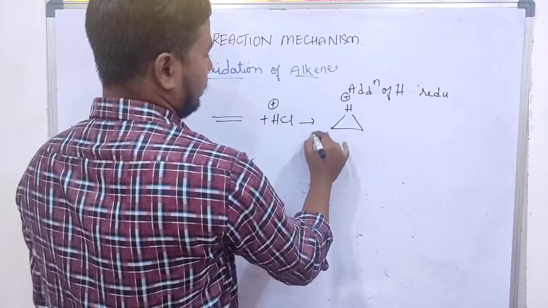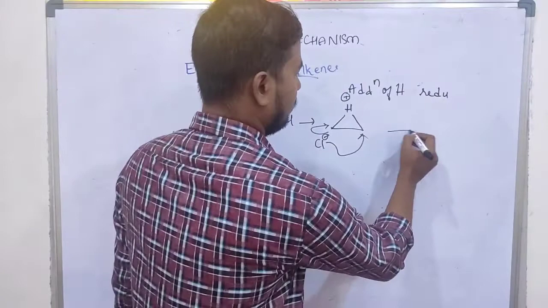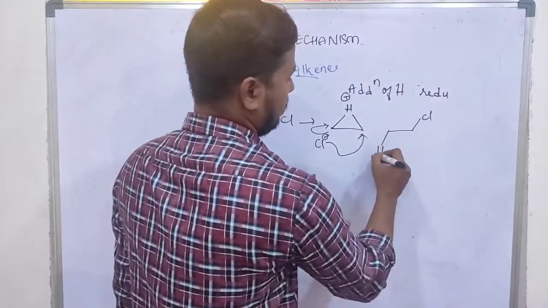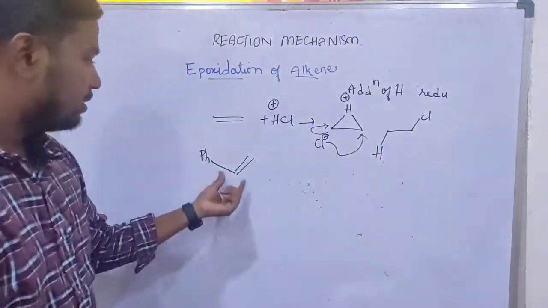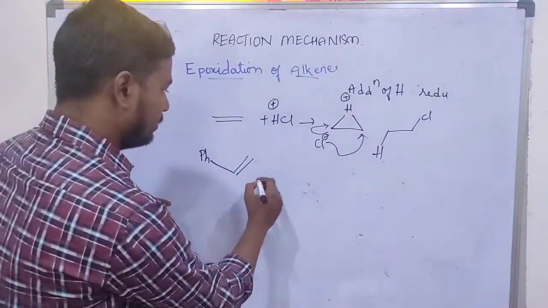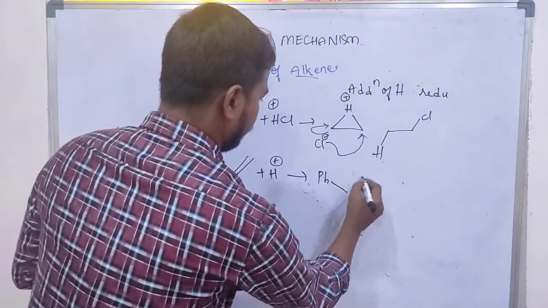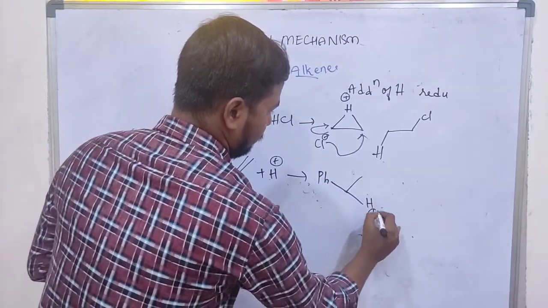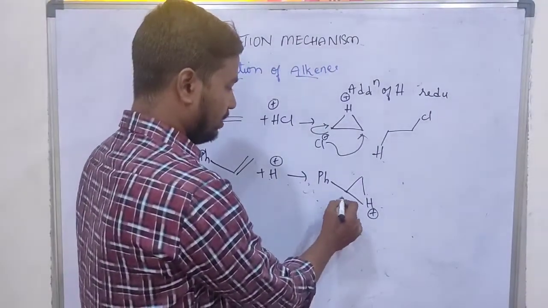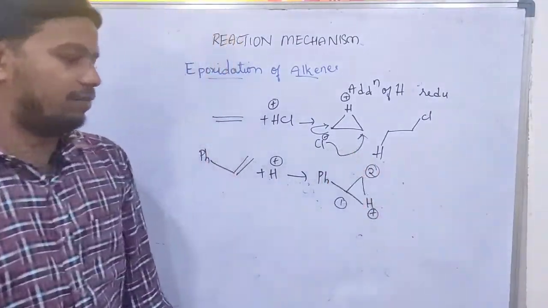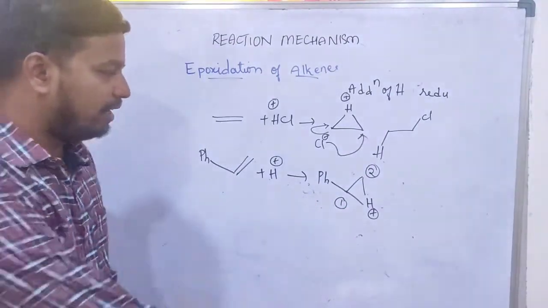As usual, what will form? The chlorine is going to attack any of the particular carbons, resulting in the formation of reduced olefin, and the hydrogen is here. Olefin is reduced here. So when we see this molecule, there are two possibilities. First I will add the H plus here. It will form this hydronium ion. So we have two possibilities here. One is this position and another one is this position, right? So which one is favorable? I will write both the products and I will explain the favoring condition.